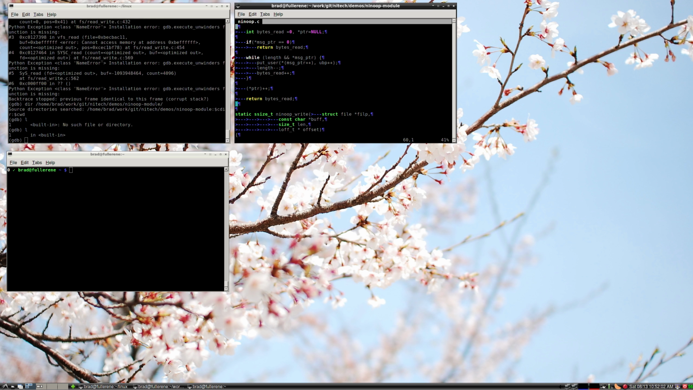Line 72. So we can see that there's this pointer variable that's an integer pointer and it's a null pointer, and we attempt to dereference and increment. So clearly that's incorrect. So let's go ahead and delete this line